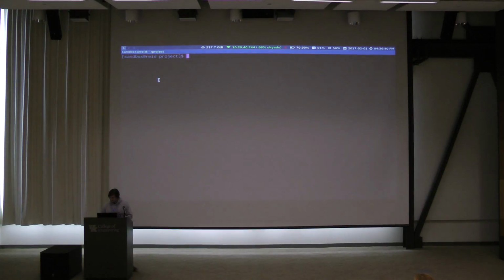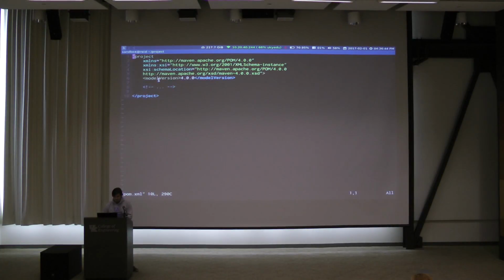Let's add that to our POM file. We need a group ID. I'm going to use just my name. This is like the organization, or however you want to associate the owner of the project. Typically, this is where you put a domain name, like edu.uky, that sort of Java package format.